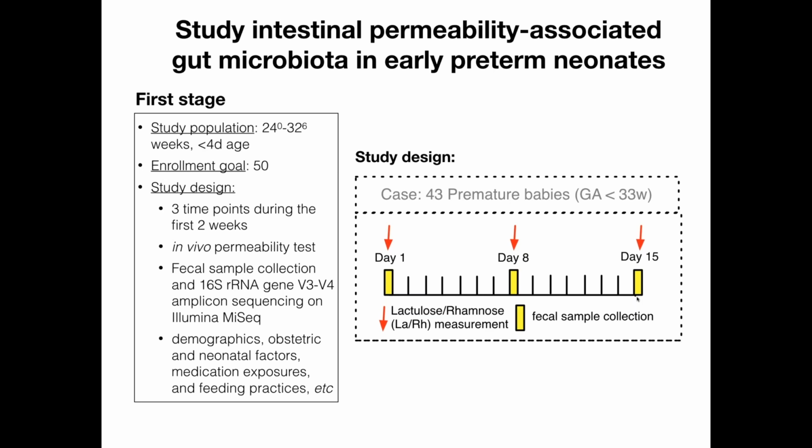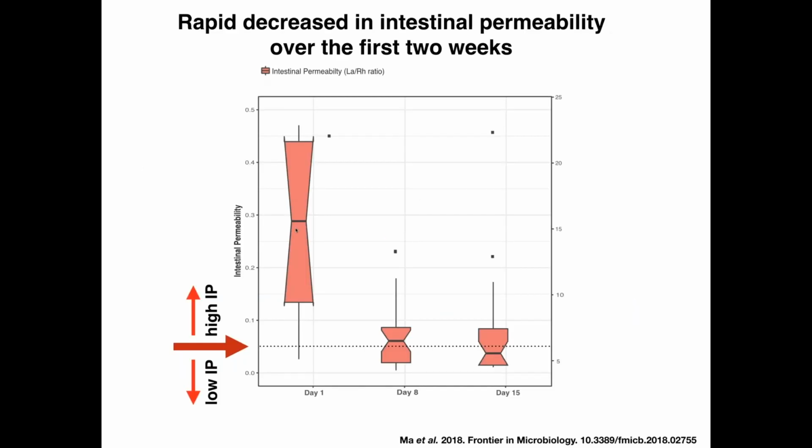We sequence their fecal microbiota using the short V3-V4 regions of the 16S on MiSeq. At the same time, we collected neonatal factors, feeding practices, and other factors that may potentially affect the microbiota. And the first thing we see is there's a rapid decrease in intestinal permeability over the